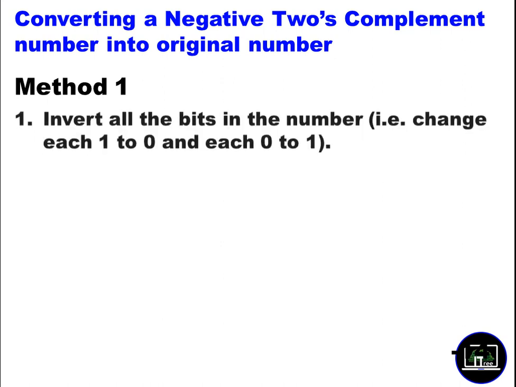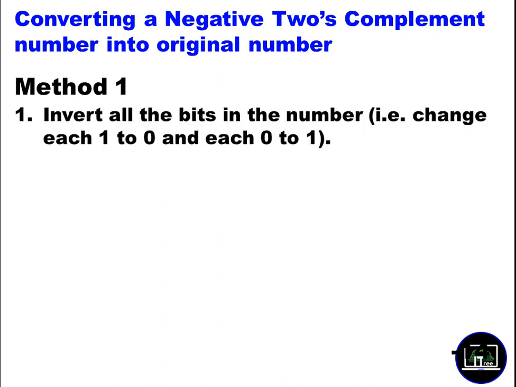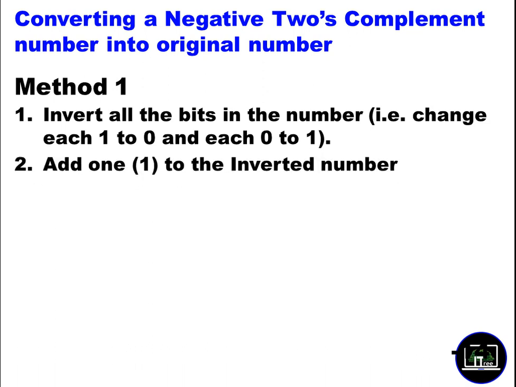First method is to invert all the bits in the number the other way around. Invert it, that means change 1s to 0s and 0s to 1s. Then add 1 to the number. First you invert the number in the answer, then you add 1. This is the most convenient method. On the computer side, this will be very simple because the computer will always perform only the addition.